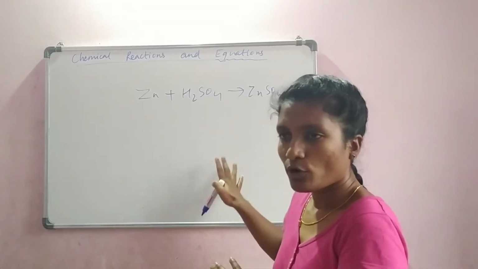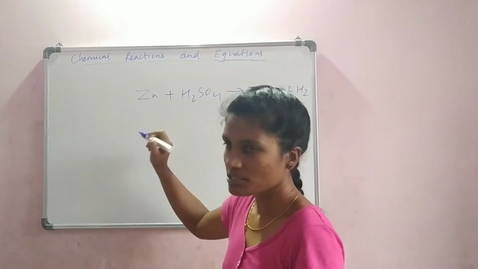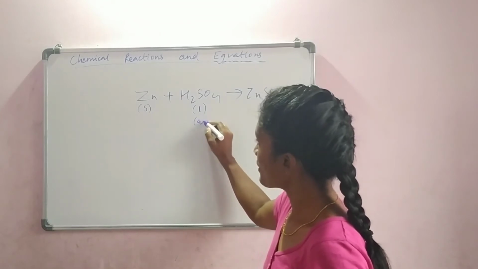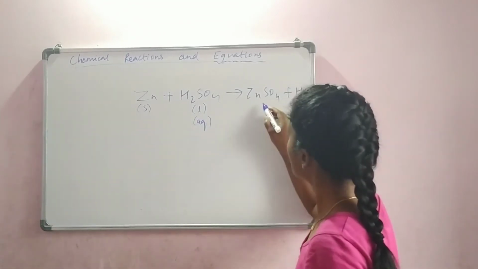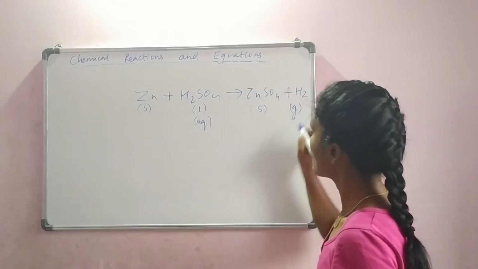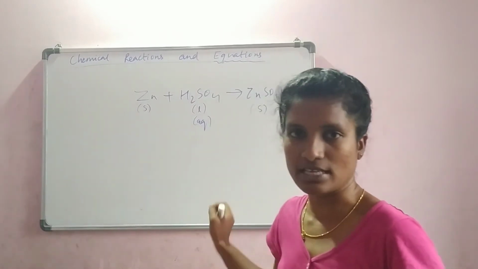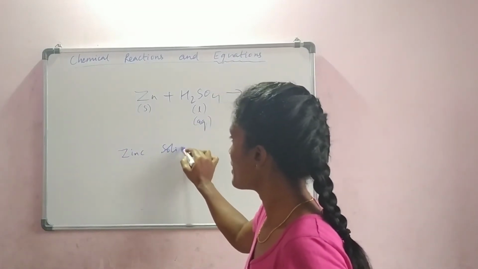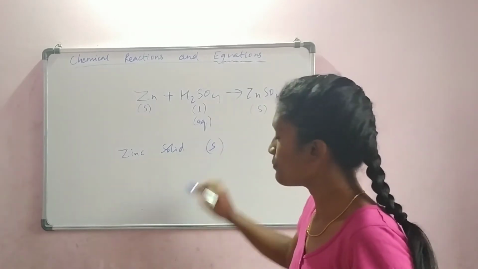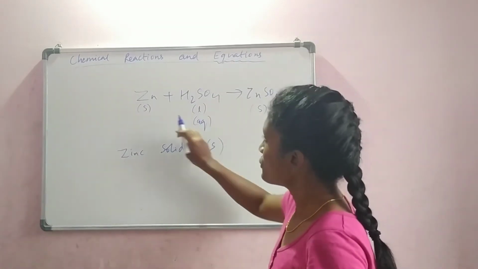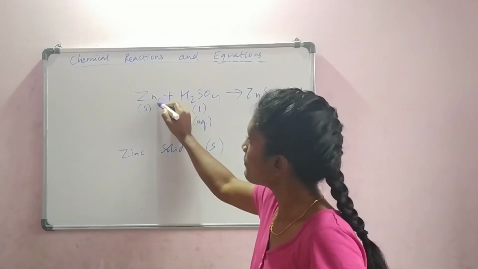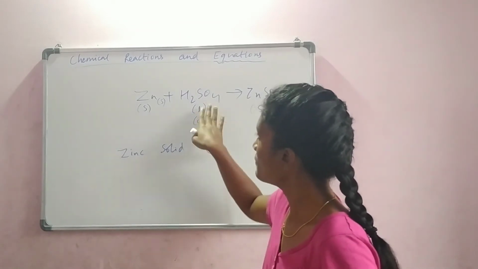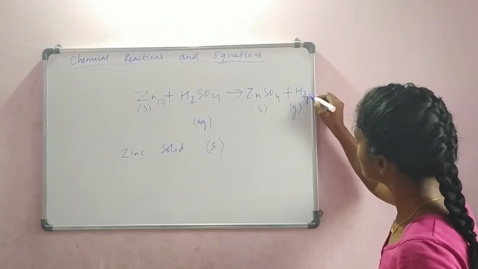So in our book, to give more information, there will be some symbols mentioned. So S, sometimes L or AQ. I'll tell you what the meanings are. And S, G. Okay, by looking at these symbols itself, you can come to a conclusion. Zinc is a solid. So hence we used the symbol S in a bracket. Usually they put it as a subscript here. Since I had not much space, I had written it at the bottom. They'll usually be in these corners as a subscript.